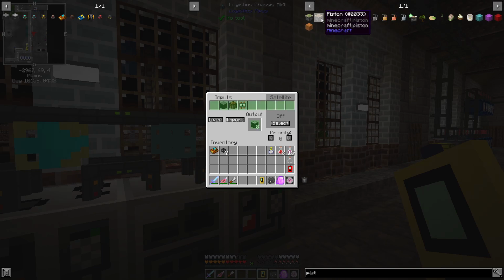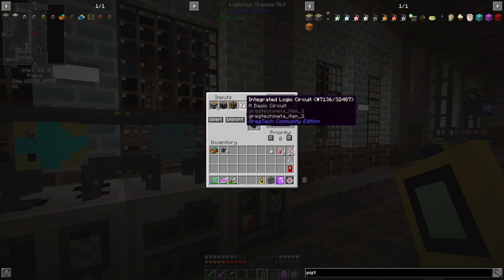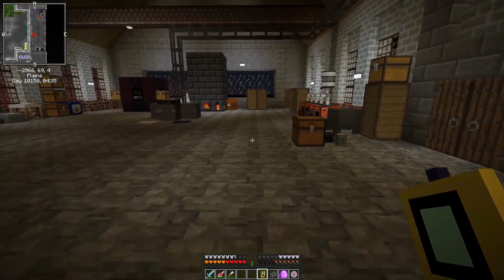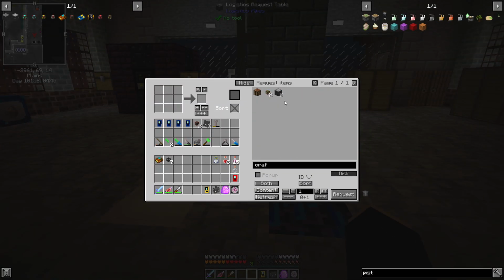Need 2 pistons. And one of these block frames that I just showed here, crafting table, we'll still have 1, and integrated logic circuit, I have exactly 1 left. So I should now be able to request a crafting table,